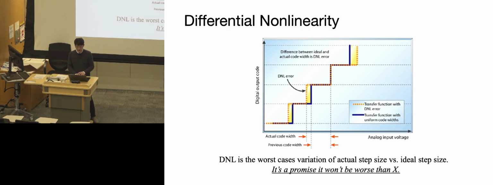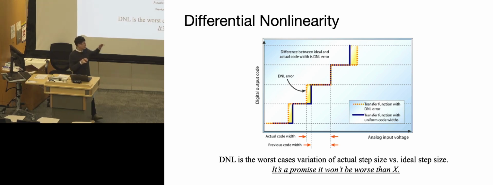It's usually specified inside the data sheet. They will tell you what this linearity error is. They basically call it DNL, and it's usually less than or equal to 1 least significant bit of your DAC, if it's a good one. Whatever value they give you in the data sheet is the worst value of this component. You can expect it to be better than that, or at least not worse. And the value they give you is usually in units of least significant bit steps. So if it says